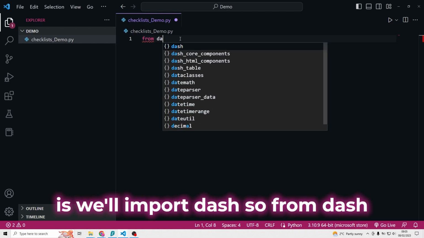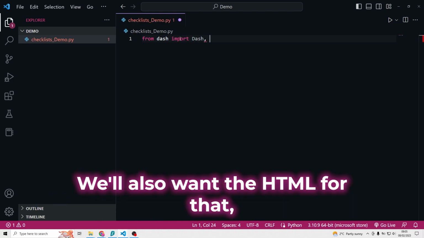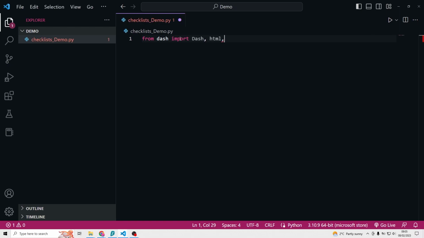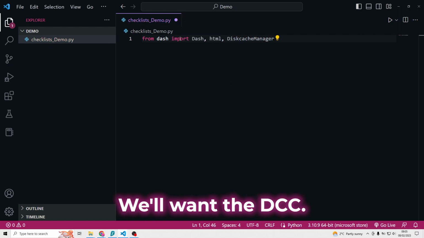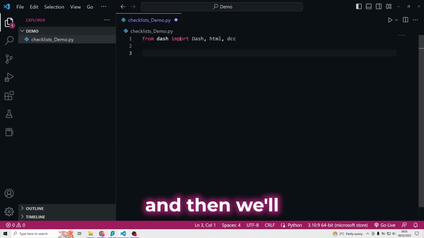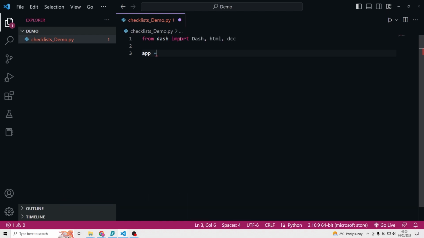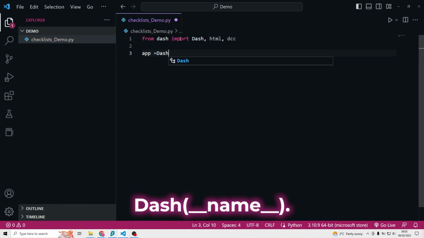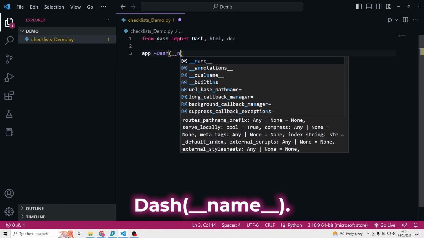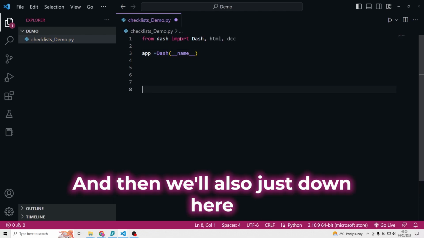So from dash, import, and then we'll import dash. We'll also want the HTML for that, and we'll want the DCC. Oh, not disk manager. We want DCC, and then we'll create the application. So that's just going to be app equals dash bracket double underscore name, and then we'll also just down here